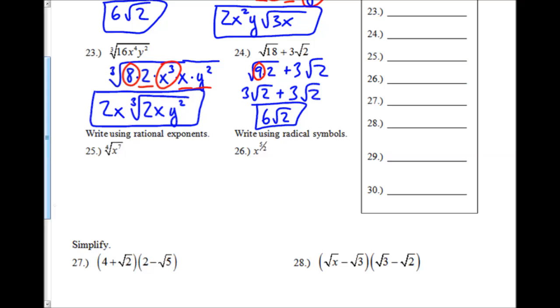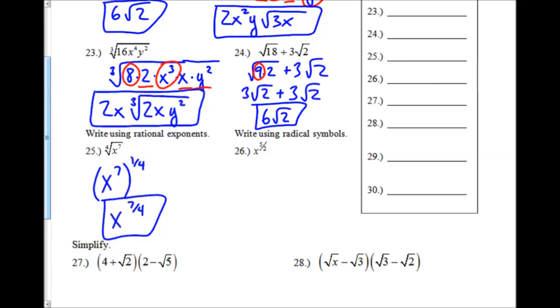For the next one, I want to rewrite this using rational exponents. And just remember that a rational exponent, if I have x to the 7th, doing the 4th root of something is the same as raising it to the 1/4 power. And then I multiply the exponents, and that's a 7/4. And really, the thing we need to remember here is that the exponent becomes my numerator, the root becomes my